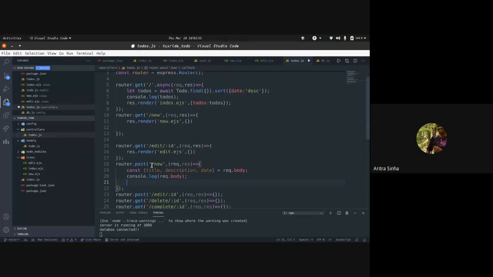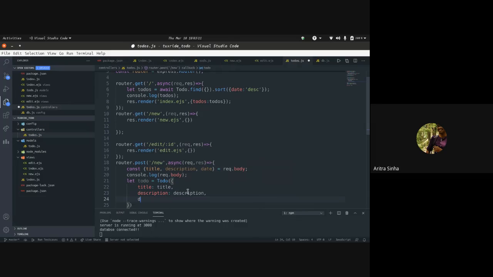Now after this, we basically create a new to do inside the database, right? So again, an async function, because we are making a query to the database. After this, we'll write let todo equal to await. The title of the to do will be the title that we just fetched here in this line. The description is description, as we named it, and the date will be date.